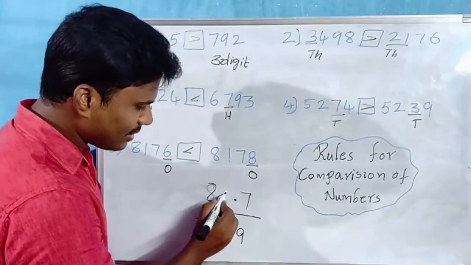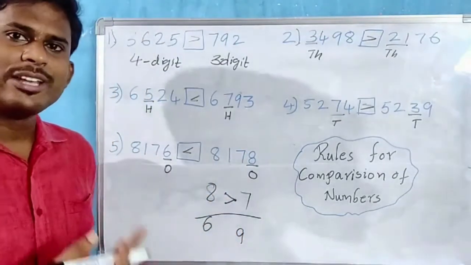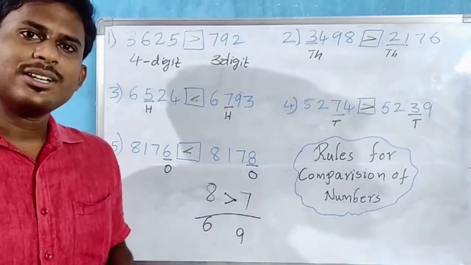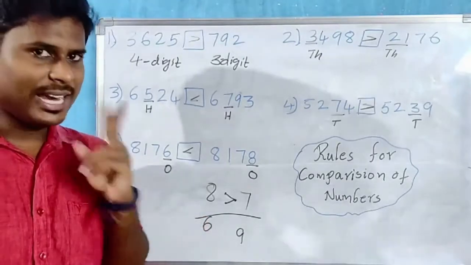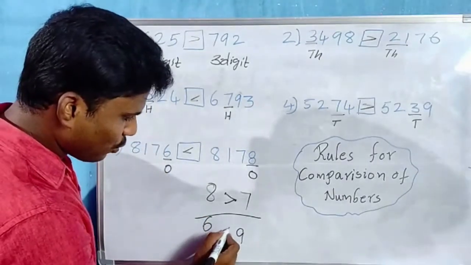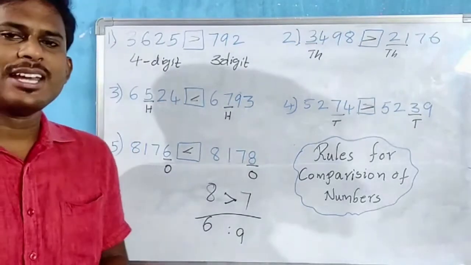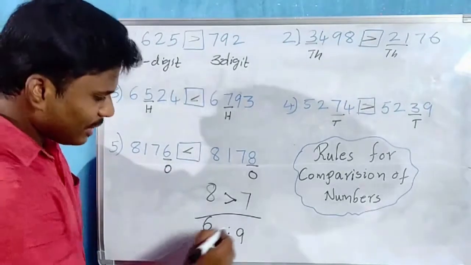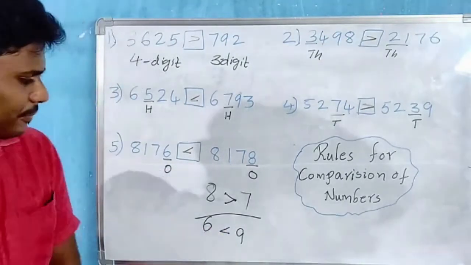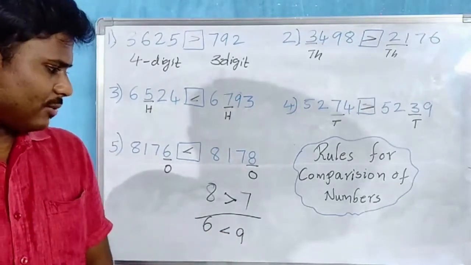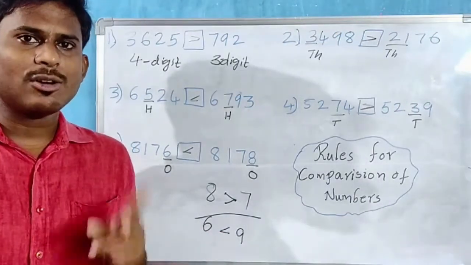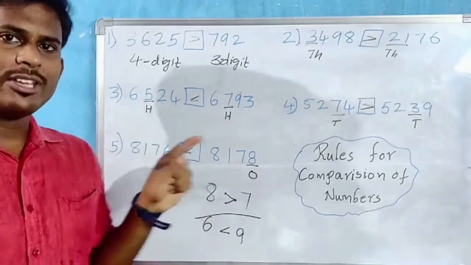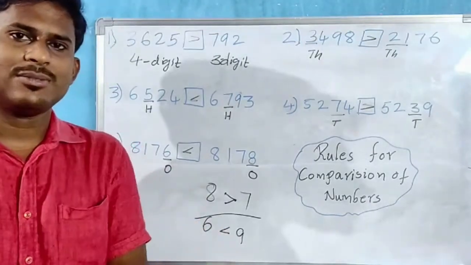Now you have to join this. See, like this. When you join this, you will get here 6 and 9. We have 2 digits. Which digit is greater, 6 or 9? 9 is greater, so 2 points. I am giving 2 points for 9. 6 is the lesser number, so I am giving only 1 point. Now we can join like this and form the less than symbol. Whenever you see the greater digit, always insert 2 dots. For the lesser number, insert 1 dot and join them. You will get the greater than symbol and the less than symbol.